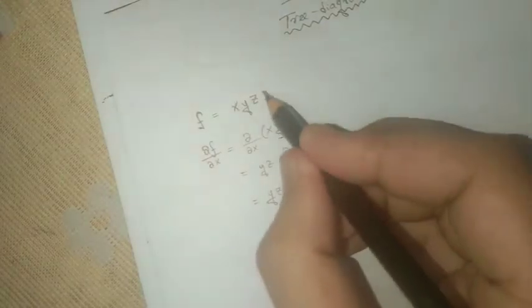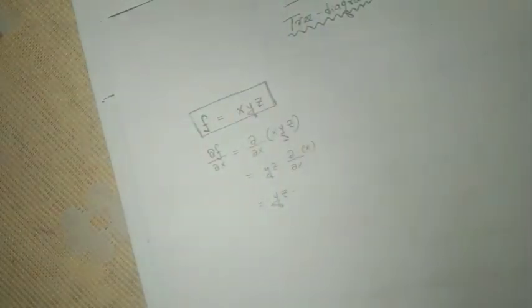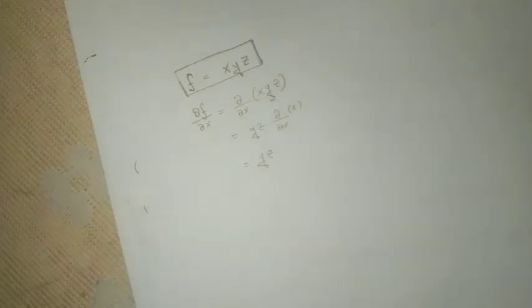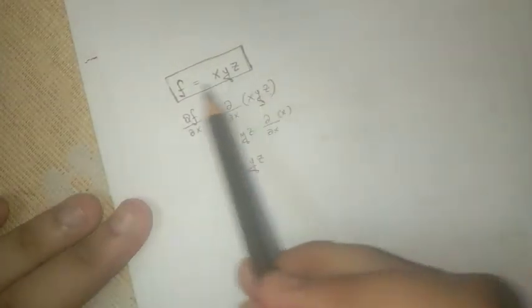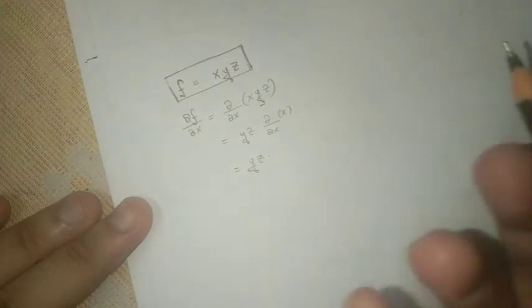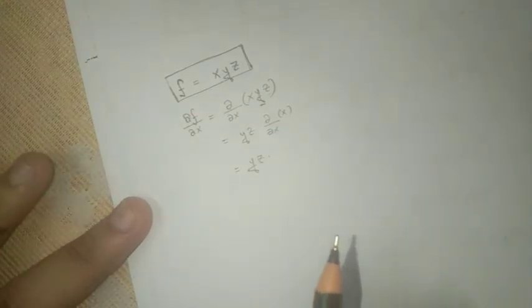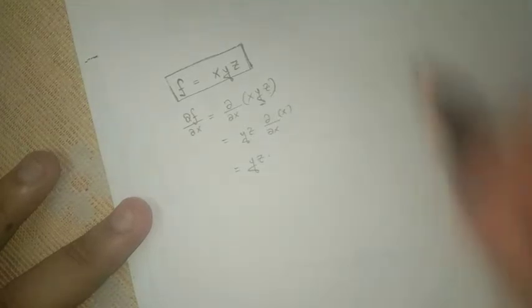Similarly, if the same function is given, I close the windows, so you will not get any sound or disturbances now. What I am saying is that if f equals xyz, the same function is given, now you need to find the partial derivative of this function with respect to y. I hope you can do this now. You will treat x and z as constants and y as the only variable, and you will get